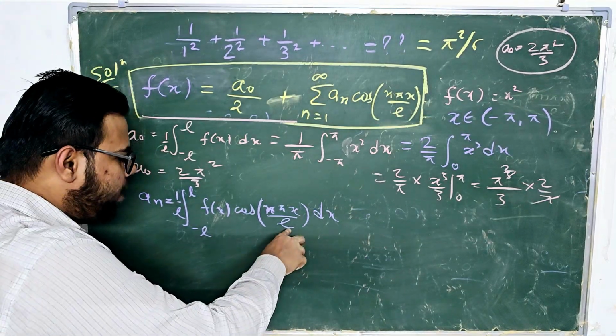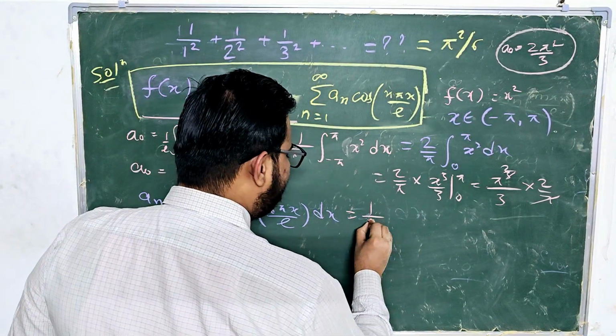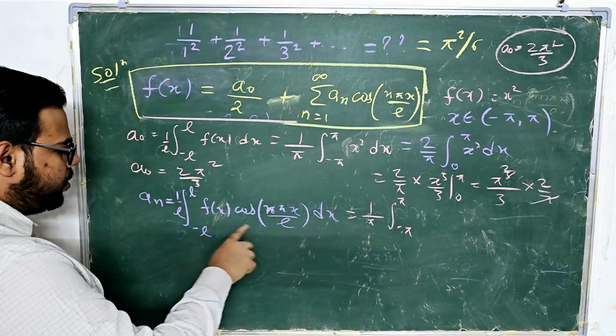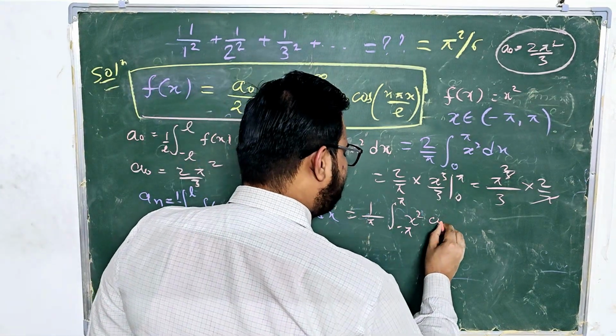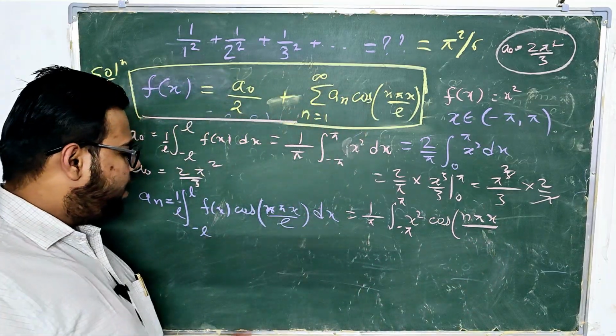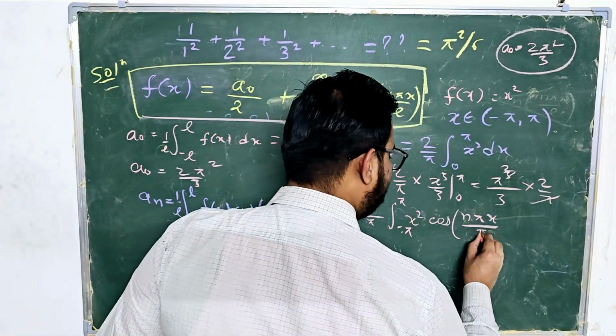So when you substitute L as pi, what you will get? 1 upon pi integral from negative pi to pi of the quantity x square times cos of n pi x by L, when L is equal to pi,